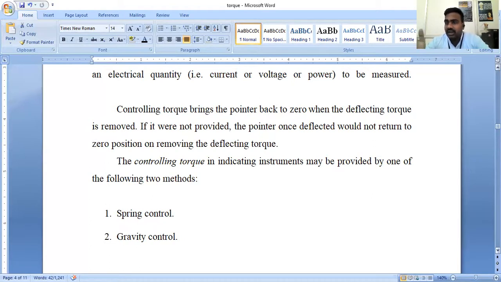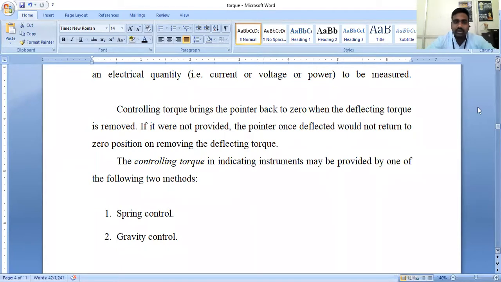The needle has to reach a readable magnitude of 5 amperes without any improper deflection and without any oscillation in the deflection. The needle has to start at 0, and it has to read the 5 amperes. Whenever the power is off, the needle again has to come back to the 0 position.